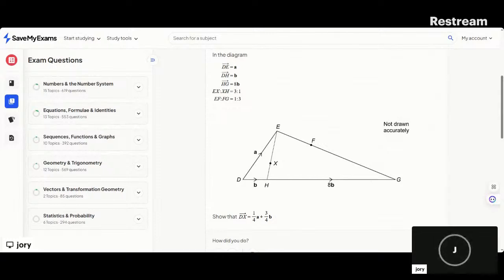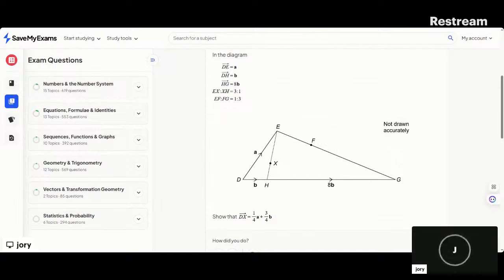Okay, here's X. Here's F. Okay, D, G, A. This is H. This is B. This is 8B. And this is A. And I want to find DX first. Not first. I have a ratio, EX to XH. So I'm going to find EH, which is B minus A. So let's try that. EH